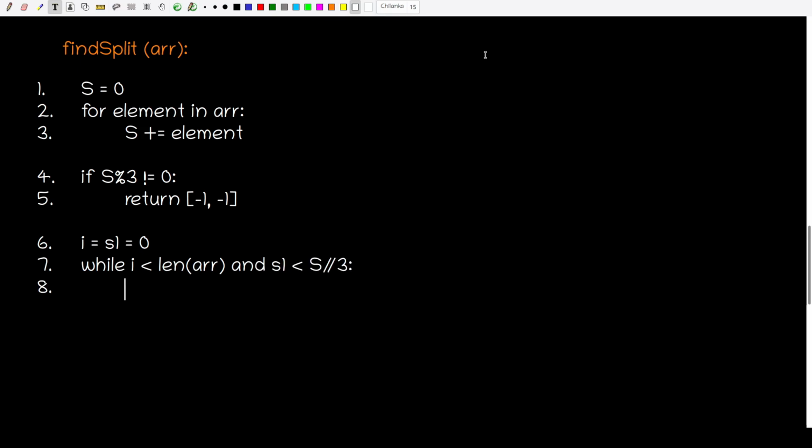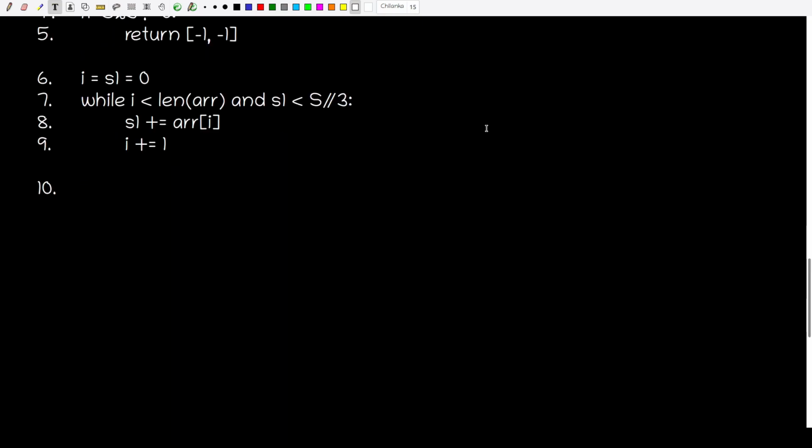And in this case, all we have to do is s1 will be equal to s1 plus arr[I], and then let us increase our I by 1. And after computing the sum of the first part, let us check if s1, the sum of the first part, is equal to s by 3. If s1 is equal to s by 3, then the index will be given by I